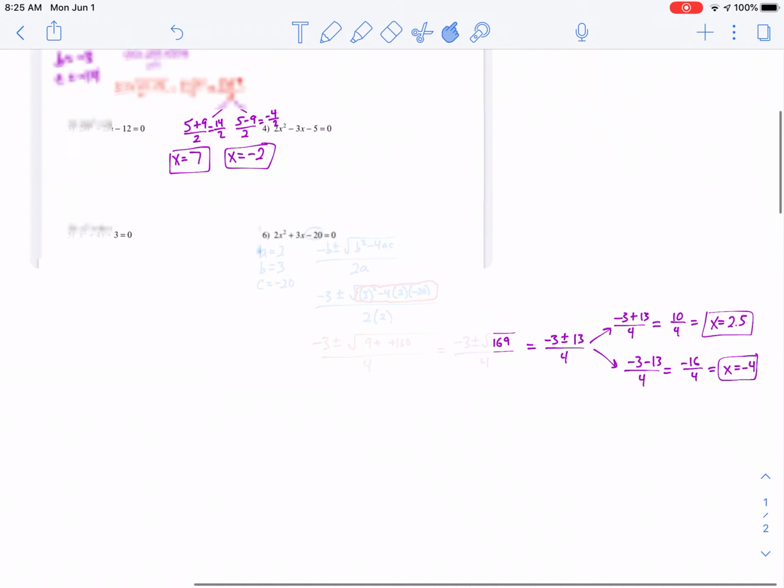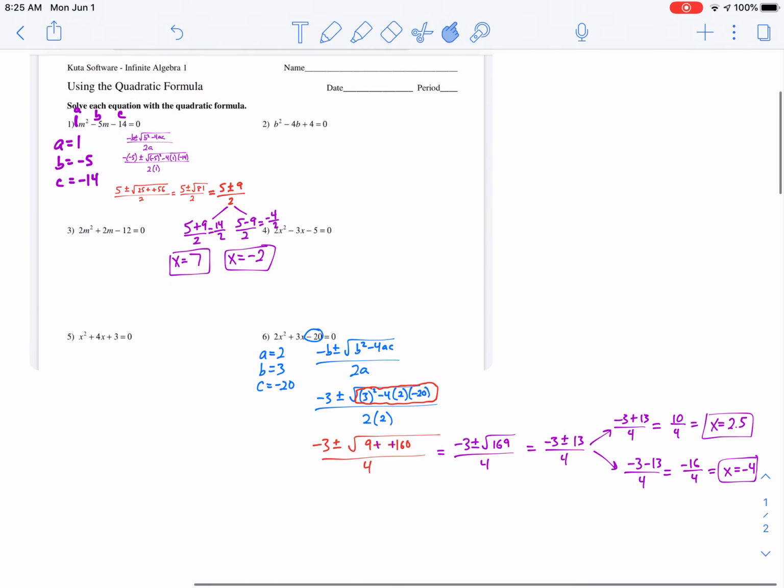That's it. All right, so try those middle four problems, numbers 2, 3, 4, and 5 for extra practice, and you'll be very prepared for your quiz if you could do these. The answers are also attached to